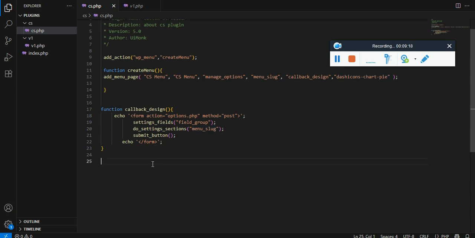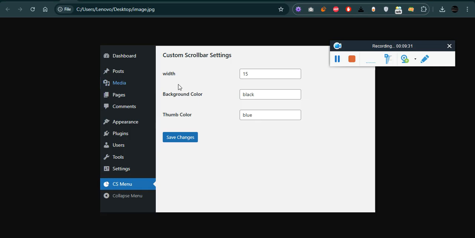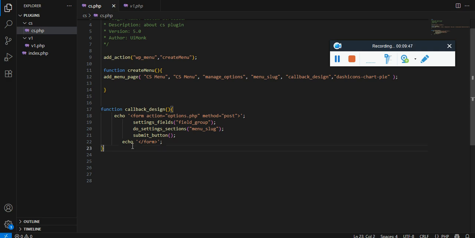Now what we need to do is we need to define our section. We need to define our fields. So for the first thing we need to define our fields. So what is a field? Field is nothing but what you see here. This is width field, this is background color field, this is thumb color field. These field need to be registered in the WordPress, so that these values get stored in the WP option table. So for that we have to call a hook. Here in this case we'll be calling a admin init hook,